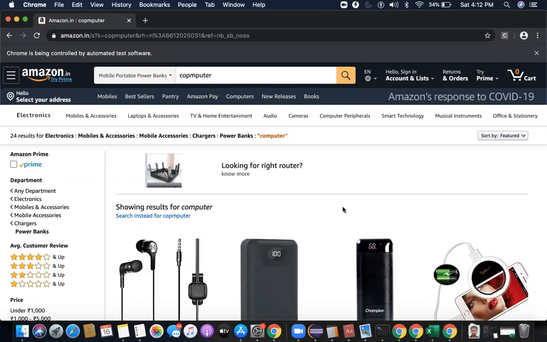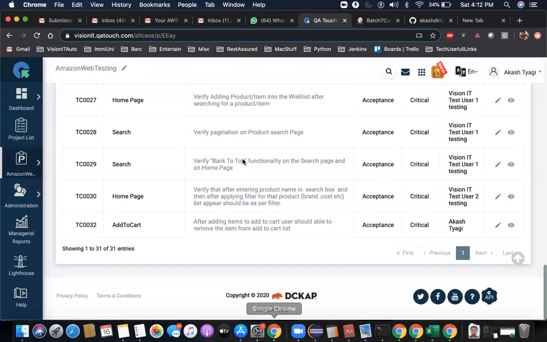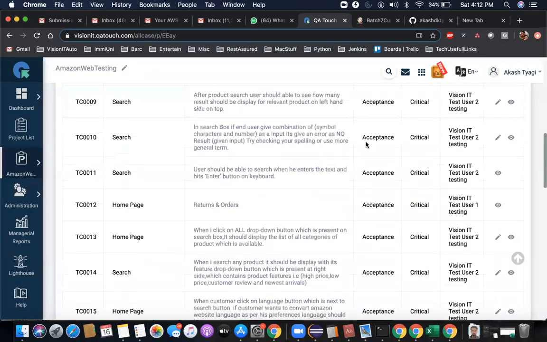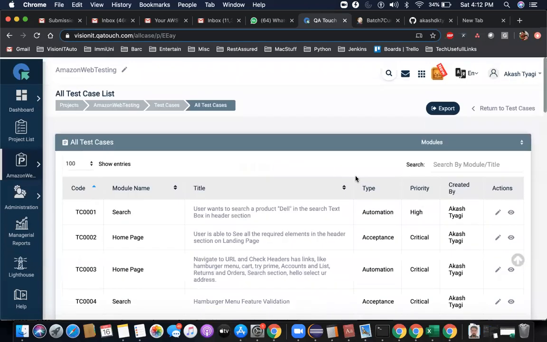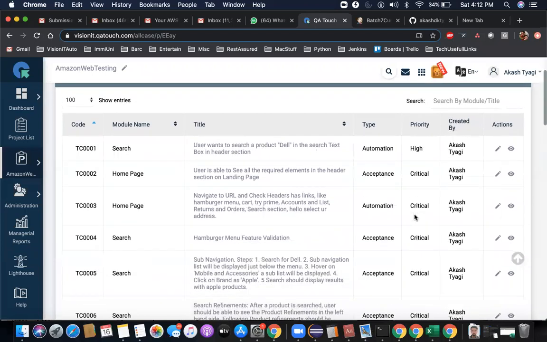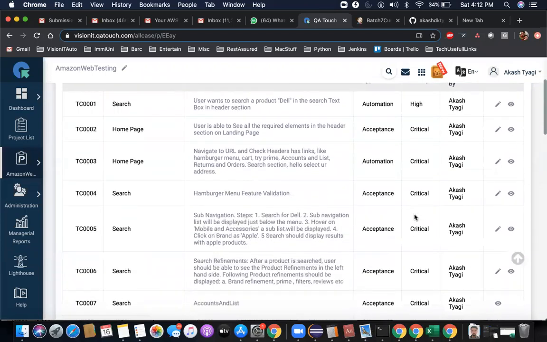Getting it? Some level of common sense can come to you. You can say, okay, this doesn't look like a very important functionality, but maybe your BA can differ. The BA will say, no, this is important, you have to automate it, this is high priority. So this prioritization happens when you create test cases. Right now, we did not put the right prioritizations here. We've marked everything as critical. When you create a test case, at that very same point, you put a priority there as well. You will say this is low priority, you will say this is high priority.